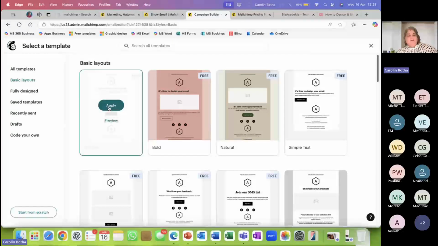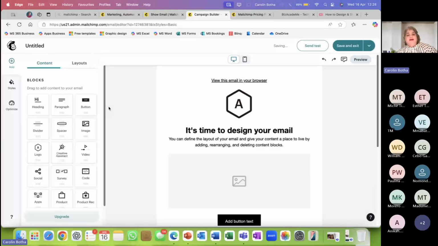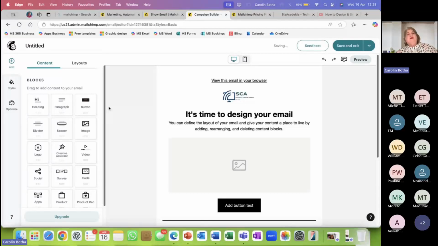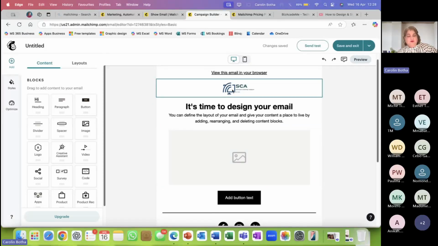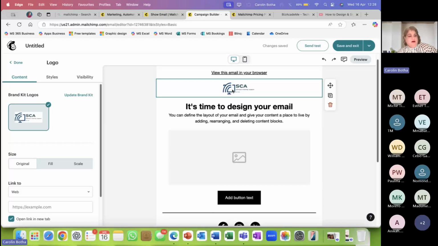Let's apply it. Let's see what it looks like. And then I'll take you to the blank one. But you can imagine the blank one is really going to be totally blank. Okay, so you see, it even caters for the branding, and I'm using the free one at this point in time.